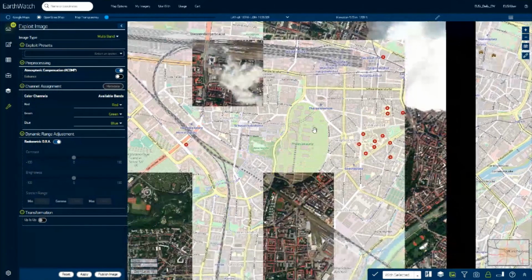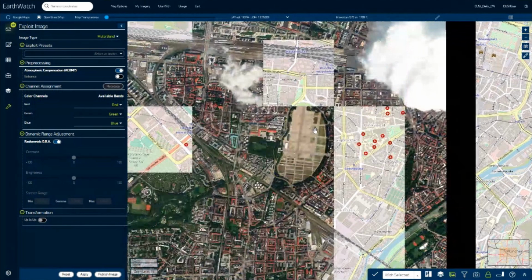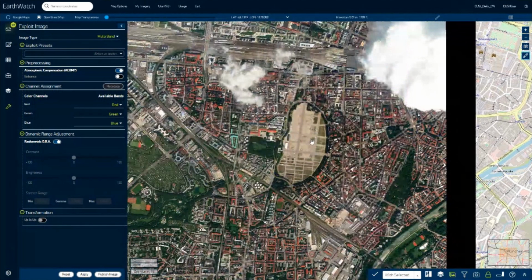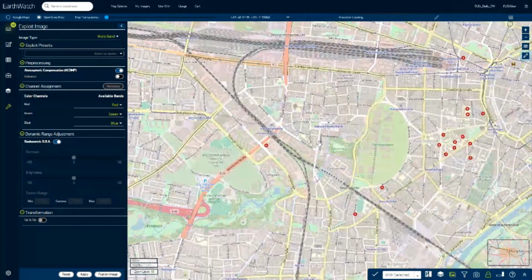And another thing that's really good to know is playing around with an exploit mode, zooming in, zooming out, panning, or whatever you do in here doesn't get allocated to your volume. So nothing is getting consumed and you're not getting charged for it. But what you're getting charged for is as soon as you publish the image.